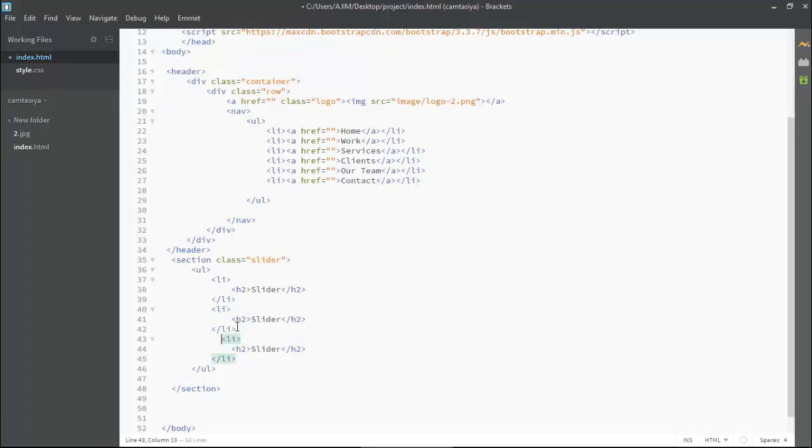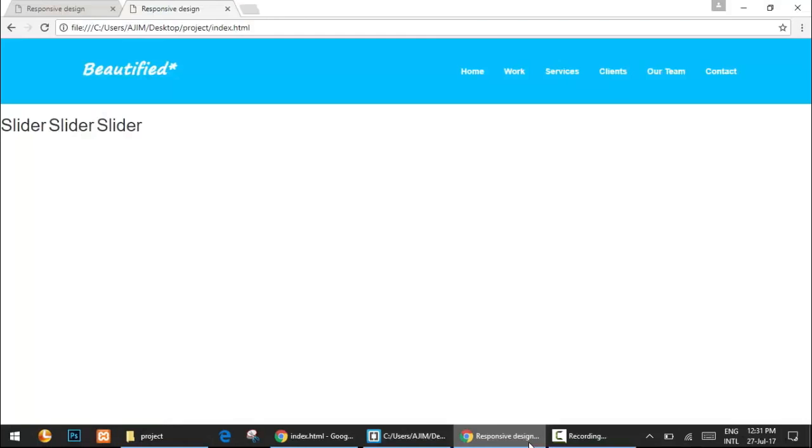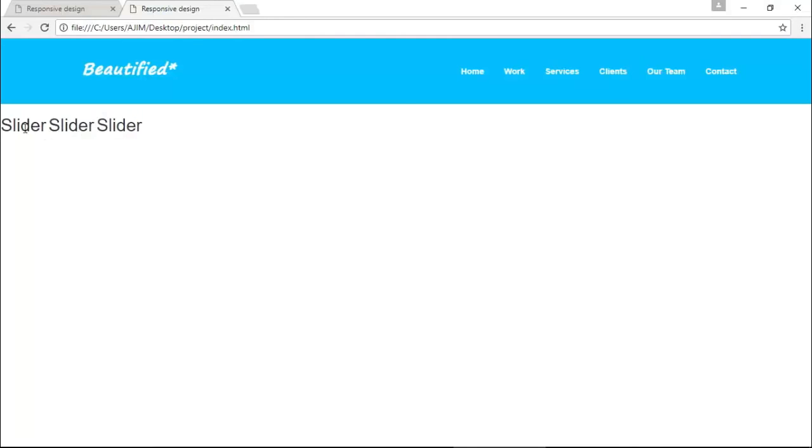Thereafter it will start sliding. Okay, now let me save it and come back to the browser, where I'll show you. You can see we are getting 3 slides. Okay, so this is the dummy text, but I will put all the text, icons and images here later on. For now I'm just showing you how to make it slide.